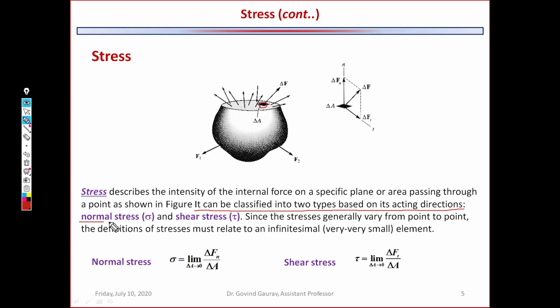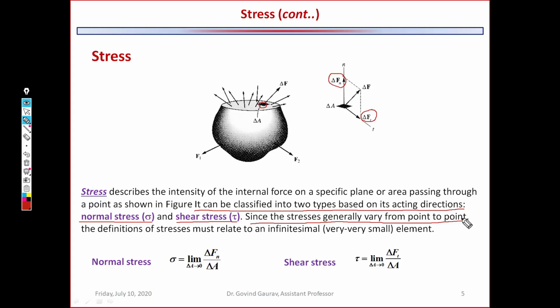The first type of force is the normal force, represented by delta Fn. Why? Because it is acting perpendicular to the surface which we have selected. And the second type can be the shearing force, represented by delta Ft, because this force is acting along the plane which we have selected. Since the stresses generally vary from point to point, and there are infinite numbers of points,